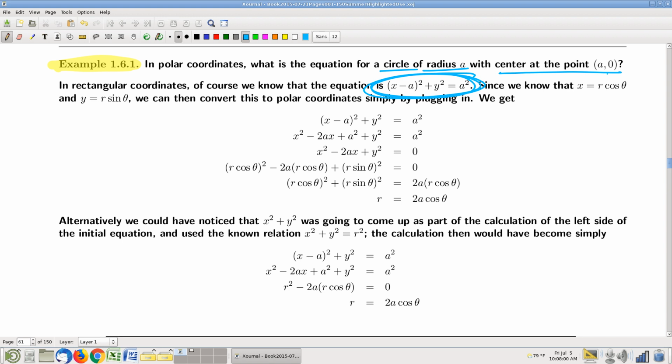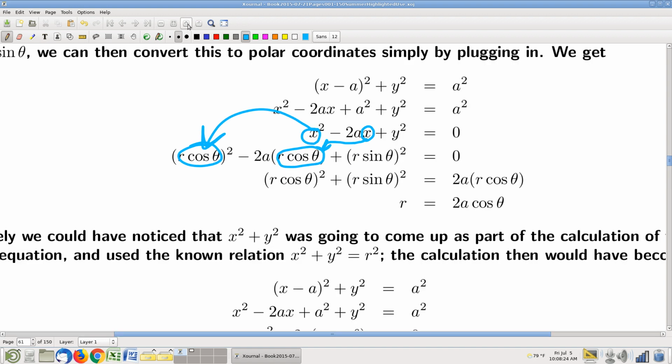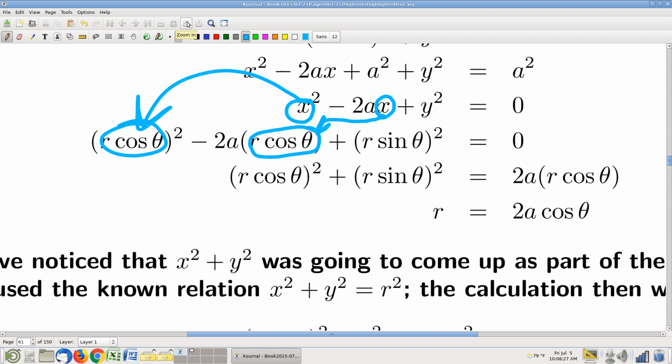And it turns out there's a really easy way to do it. All you do is plug in the conversion formulas. It could not be more direct. So we're going to take this x equals r cosine theta, right? And I'm just going to take that x and plug in r cosine theta. I'm going to take, likewise, this x. Plug in r cosine theta. And let's see here. Now, y is r sine theta. Plug in y equals r sine theta. So see how I'm just straight plugging in the conversion formulas, and that gives me an algebraic